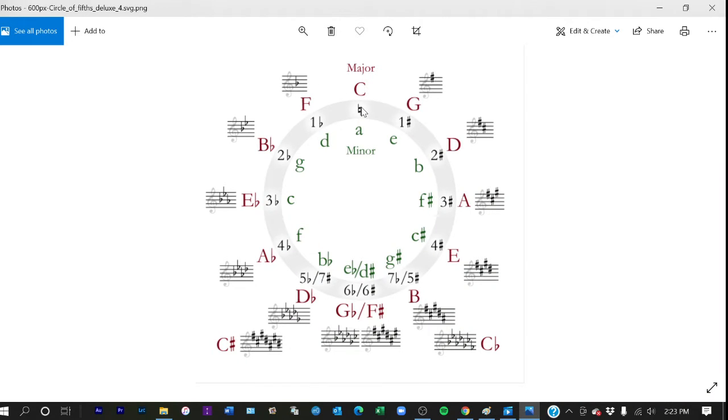So C to F to B flat, and again, it doesn't really matter which one you pick, just as long as it's a B flat, to E flat, to A flat, D flat, G flat,